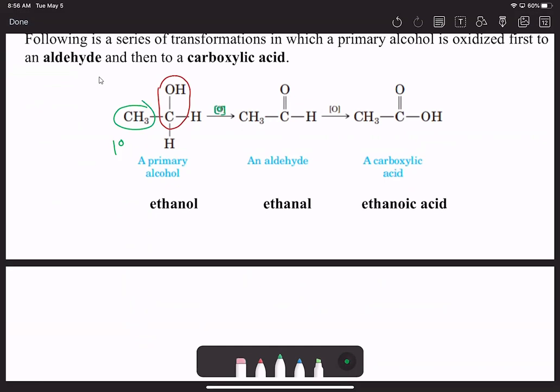That just means that I have some, remember those brackets? The brackets mean that that's a concentration, and the O is just an oxidizing agent, just a generic oxidizing catalyst. So when a primary alcohol undergoes oxidation,